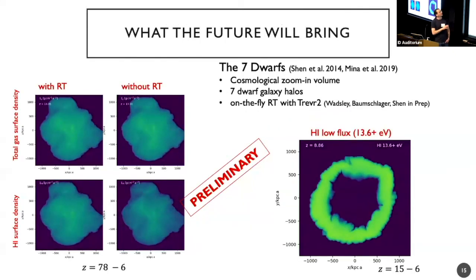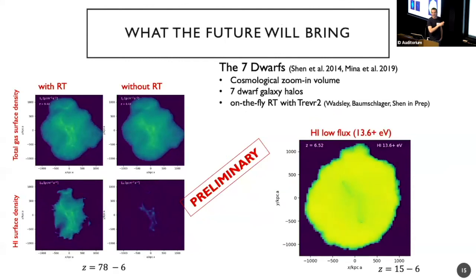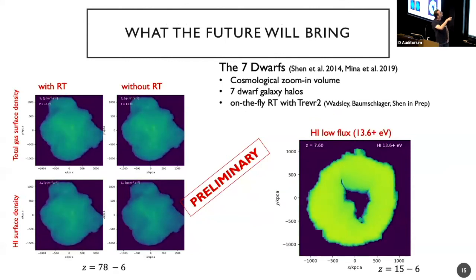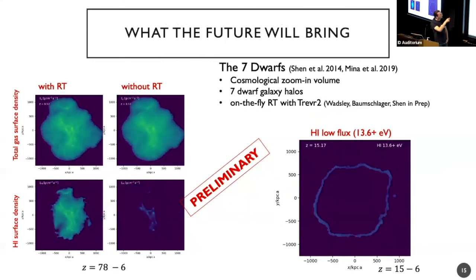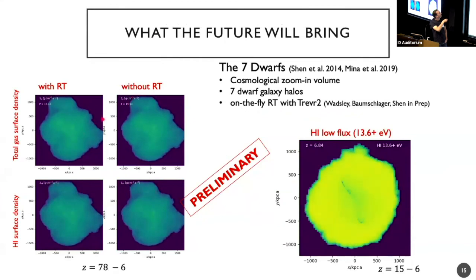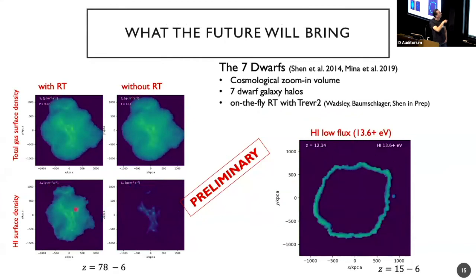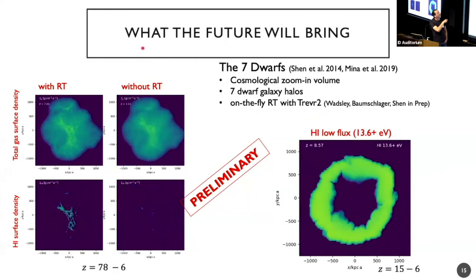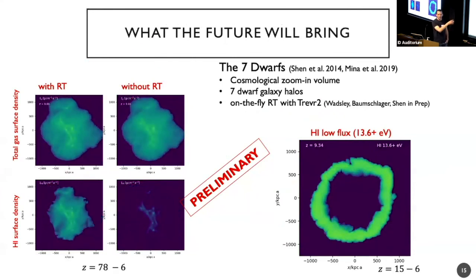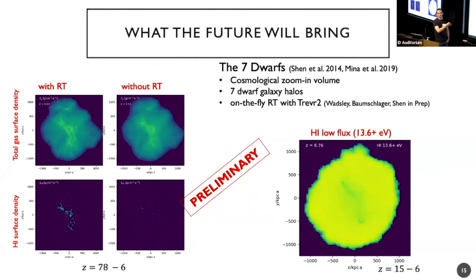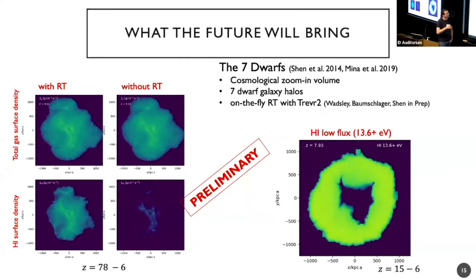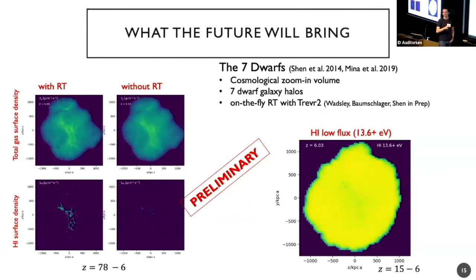That's another very preliminary result. It's a rerun of the 7 dwarfs that Ben just mentioned before. On the left here, we have the stochastic gas density and the H1 surface density with RT and without RT. Without RT means we have the classic cooling with metals, which turns on the UV-dependent cooling rates, heating and ionization rates at around redshift 15, everywhere for the whole galaxy at the same time.